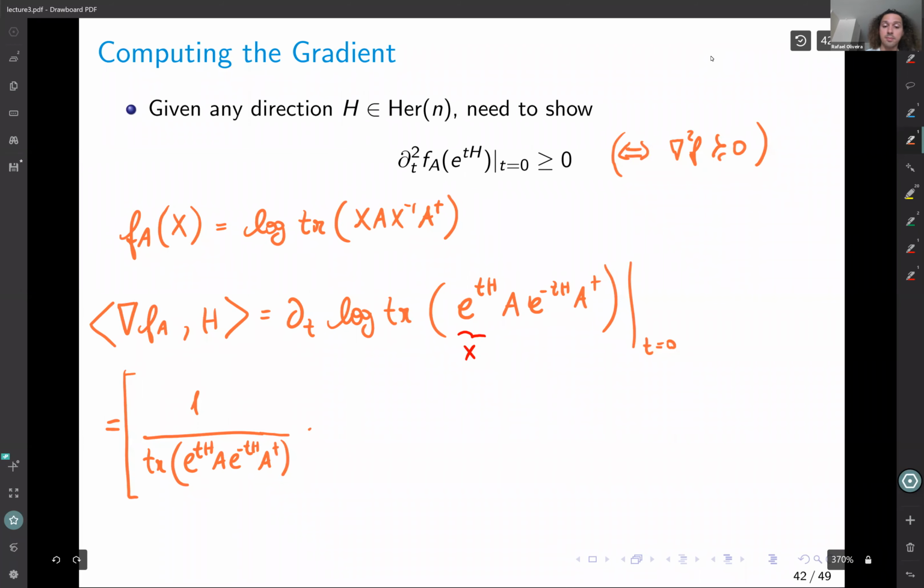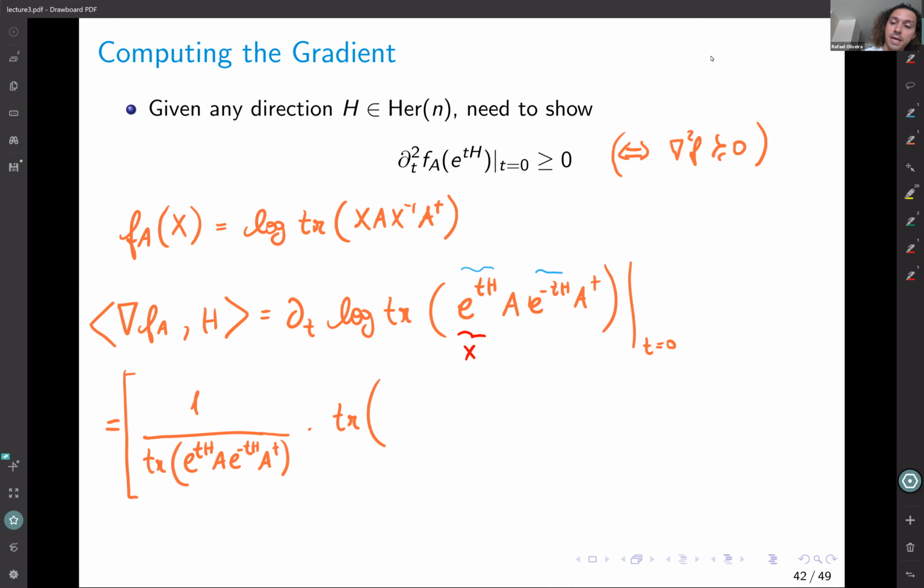And then we have times the derivative of the trace function, right? But the derivative of the trace function is what? Well, it's going to be the trace of, well, I'm going to take the derivative of the first element, which is this one. I need to take the derivative of the first element and then take the derivative with respect to the second element, which means that we get,